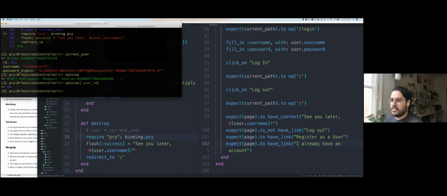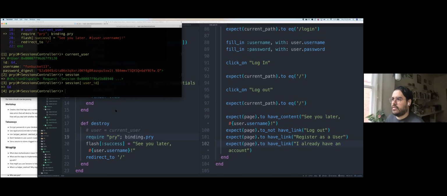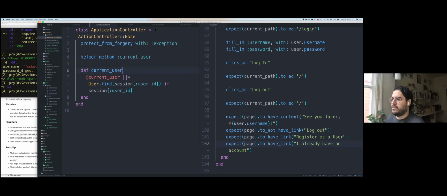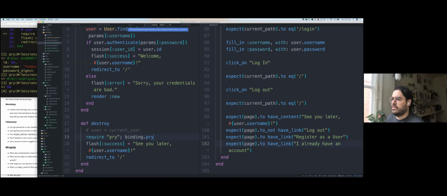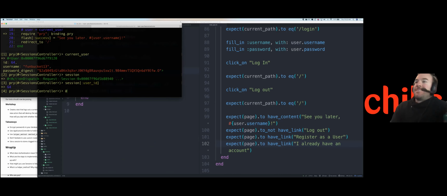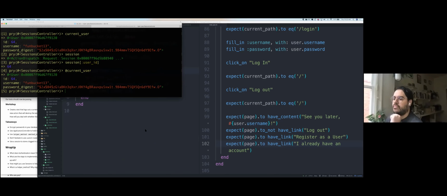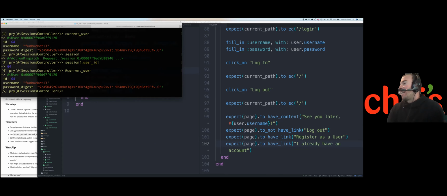Okay, so I have access to that session user ID. And one other thing I have access to. Yeah, and the hint is it's within the current user method. Oh, @current_user? Yeah. Okay. Yep. So that's the other thing that we want to get rid of before the next request happens,